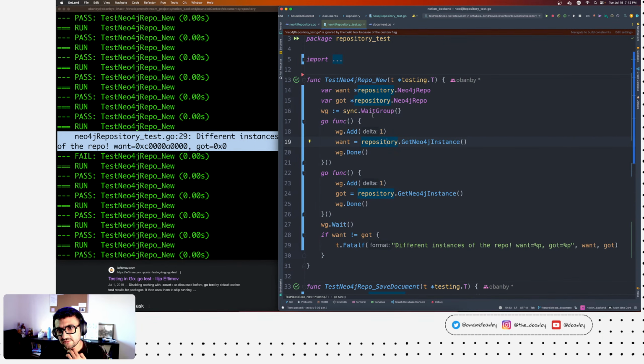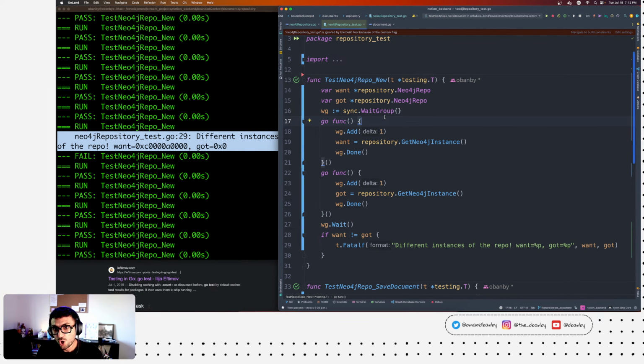So the way I did it is, I'm going to create two Go routines, right? You can think about it as either they're going to run asynchronously or they're going to run in parallel. We don't know. It depends on your operating system, how many CPUs you have, the load, and how the Go runtime decides to run it.